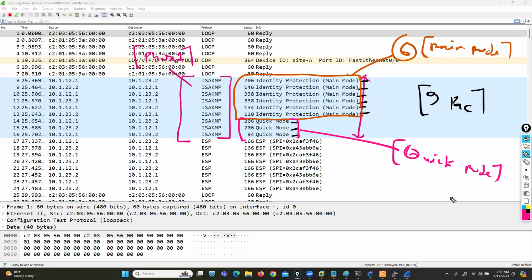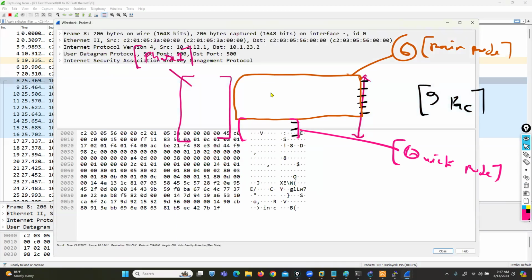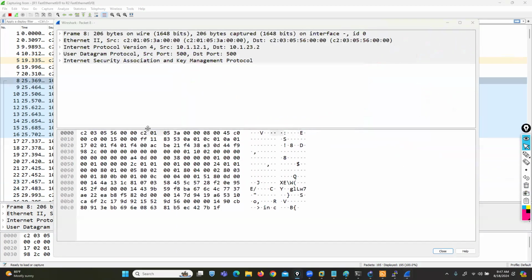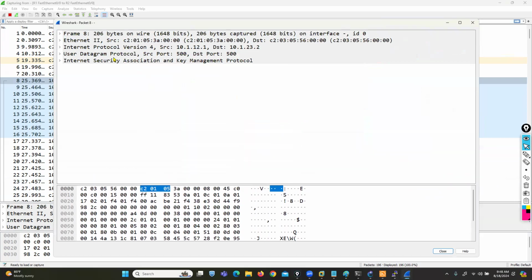If you expand your first packet, for example, and go and check in detail, you can see source public IP, destination public IP, and protocol ISAKMP, UDP port number 500, right? And this is the full form of ISAKMP: Internet Security Association and Key Management Protocol. If you expand this,